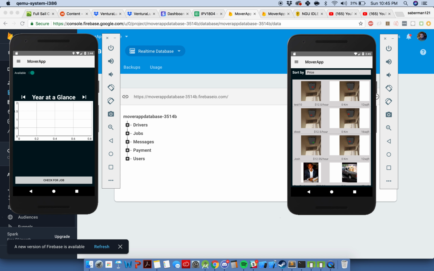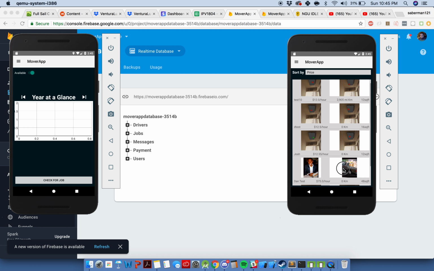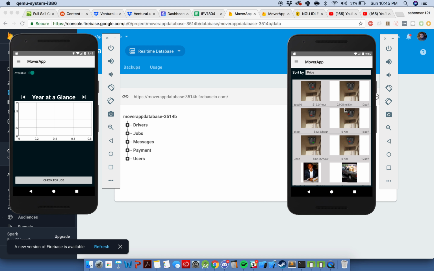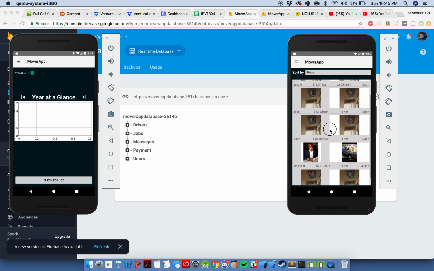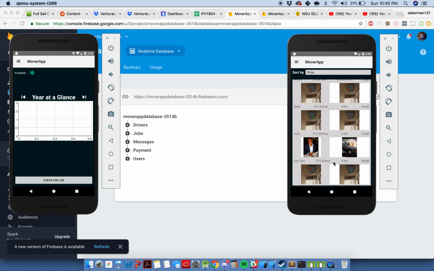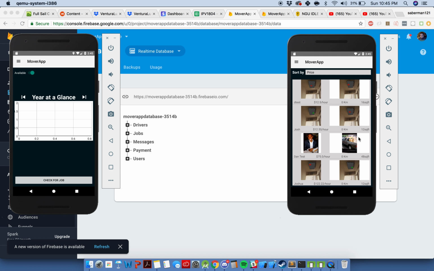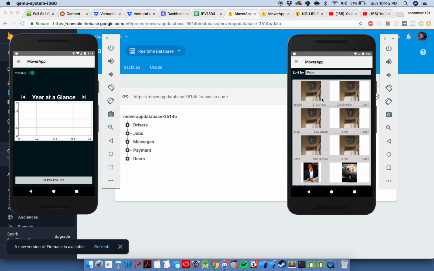Obviously, you can see that one thing that's changed is that it does actually calculate the miles depending on location, and while it doesn't show it here, these are old users that don't have an actual longitude and latitude. This is the only driver that I've actually worked on that has it, and it does, as you can see,